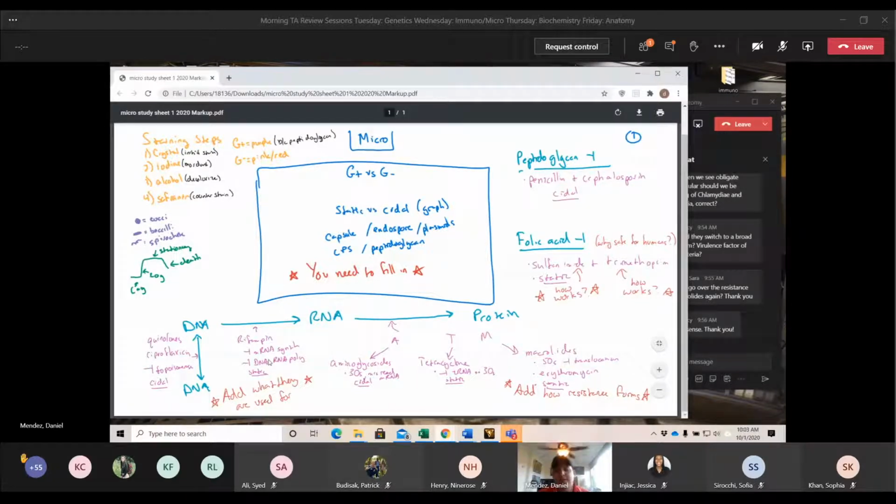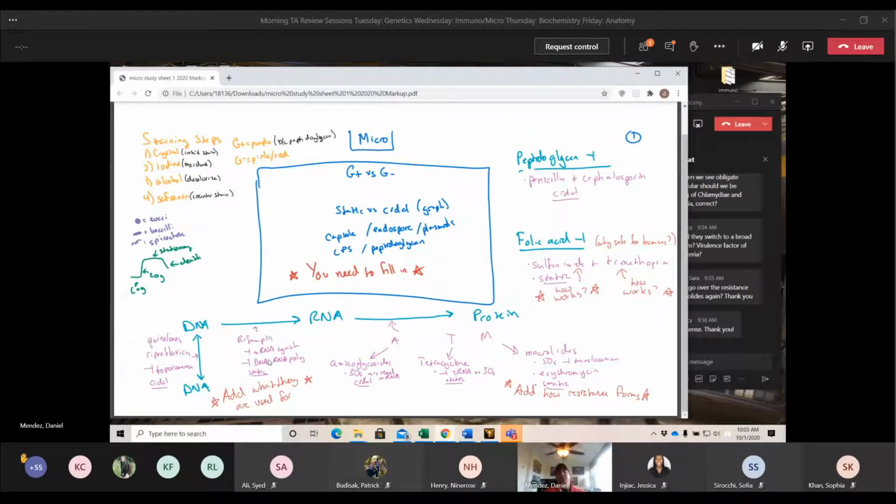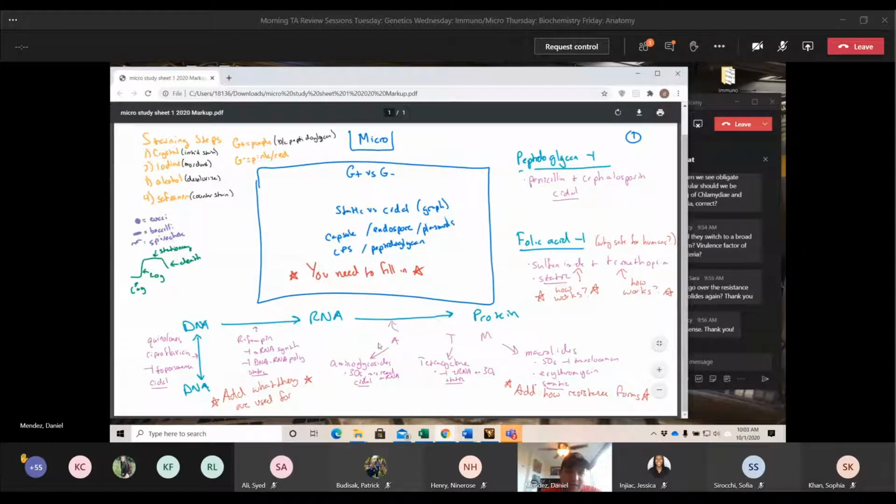And I would suggest writing these. I've suggested writing them from the very beginning, because when you type it, you don't actually absorb the information. If you go through the process of writing it, it encodes into your memory faster. So you can see here I put the central dogma at the bottom, and I added the information with the quinolones and the rifampin, and then RNA to protein for translation. I put the different types here, and a little mnemonic, ATM, which goes in that order. A is aminoglycosides for the 30S misread, T is tetracycline for tRNA, and M is macrolide, which is the last one, so it's the 50S.